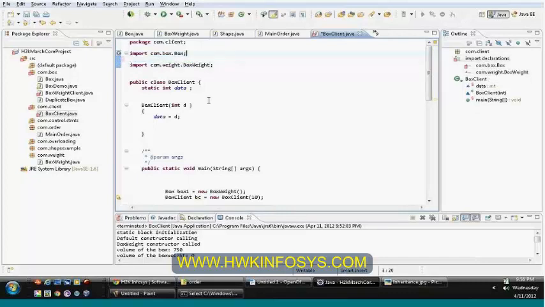If you want to import multiple classes from the same package, you can make use of asterisk symbol, which will import all the class files under the box package. When you use box.star, star means many or all. And remember, when you import box.star, it will only import the class files under box location or box package.